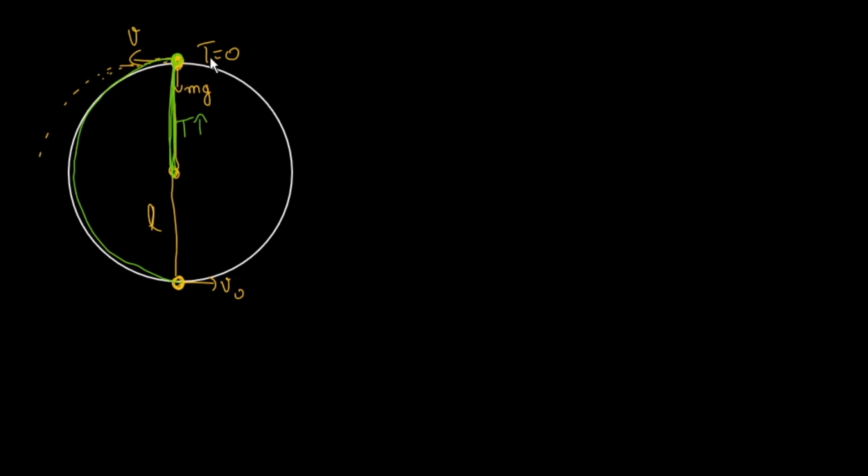Alright, if this is clear, then let us understand what should be the speed here that must be given minimum, so that it at least reaches this point, and from this point onwards we know that if it crosses this point, then it will surely perform the vertical circular motion in a complete circle. So we are trying to find the condition for full circle.